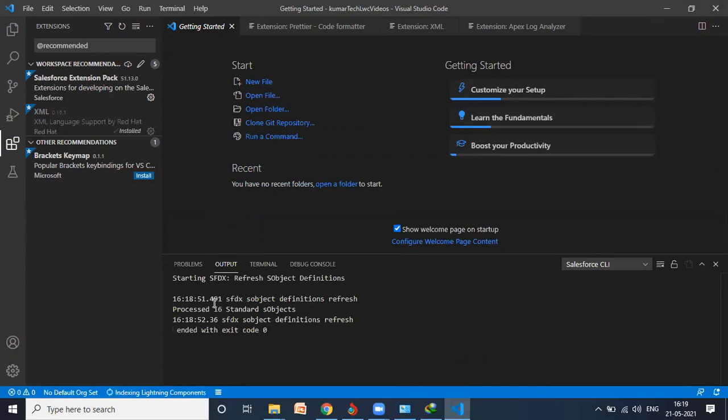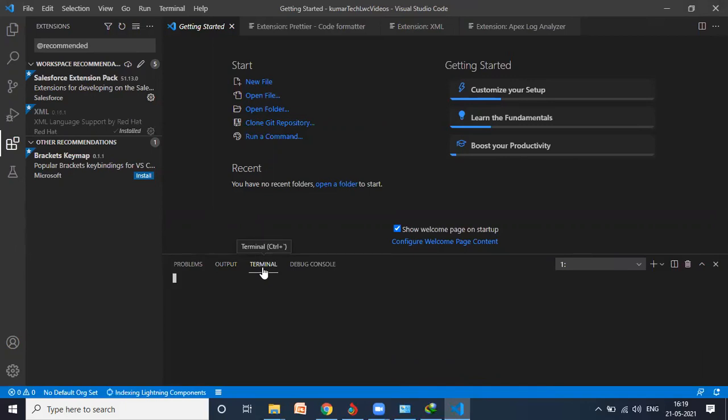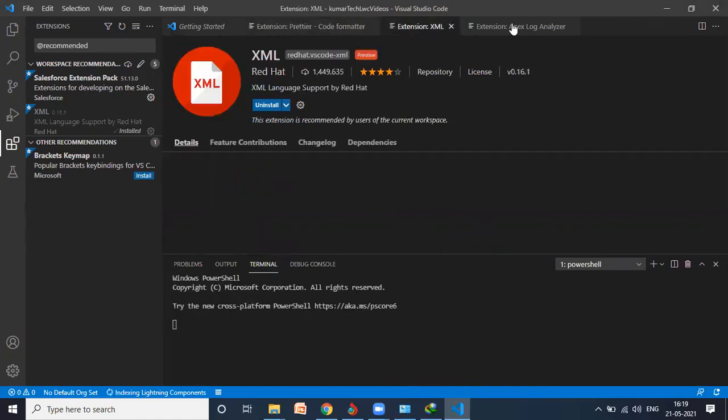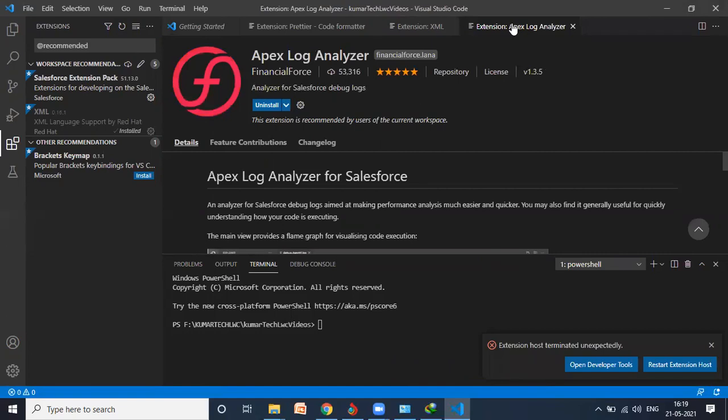Meanwhile, this is output, this is terminal, where whatever command you want, you can type. Okay. Let me check whether these were all installed or not. Okay, installed. Restart extension. Okay.